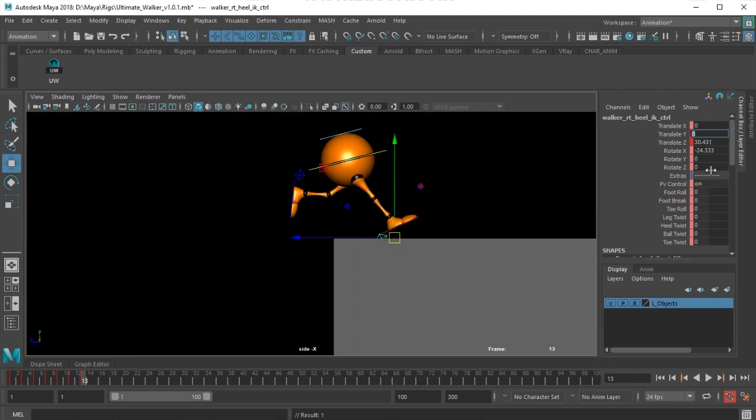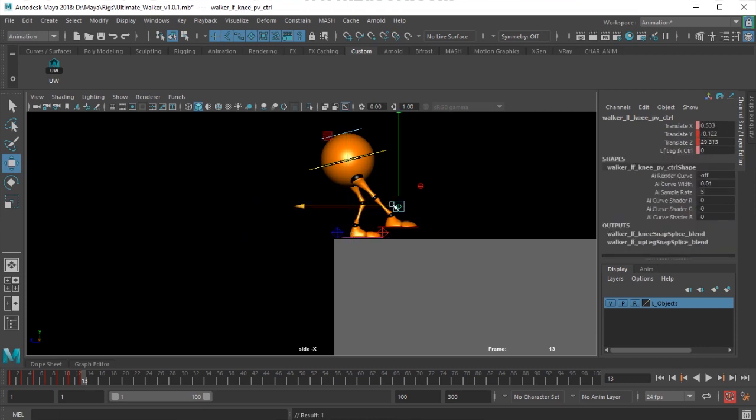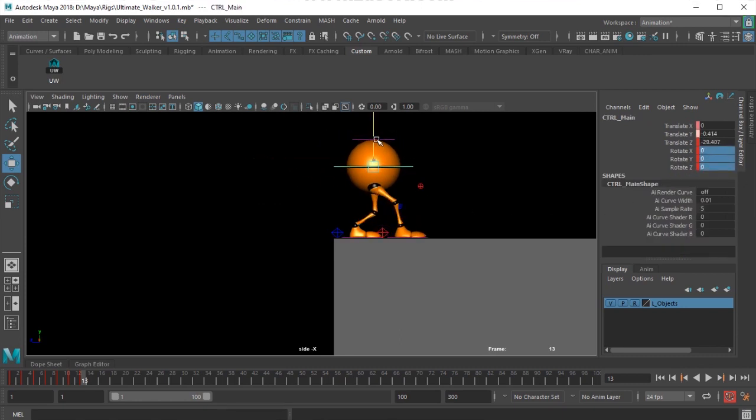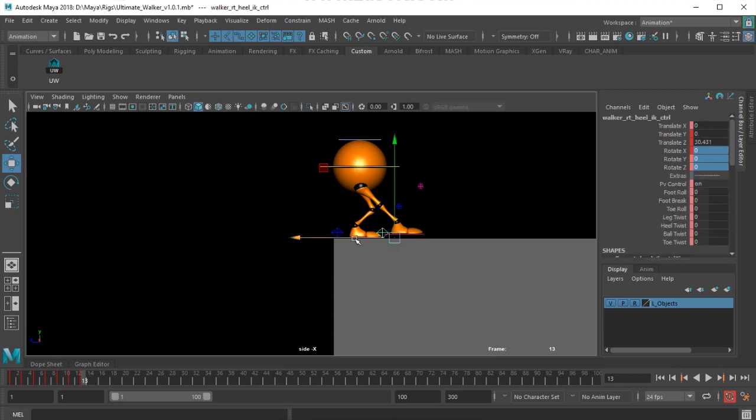Select the control, translate Y, put it to 0 because I know the ground, and the rotation to 0, and translate Y 0, rotation 0. Move it. Select the control, rotation 0. So whatever the translation Z here, it's there. 28 should be okay.